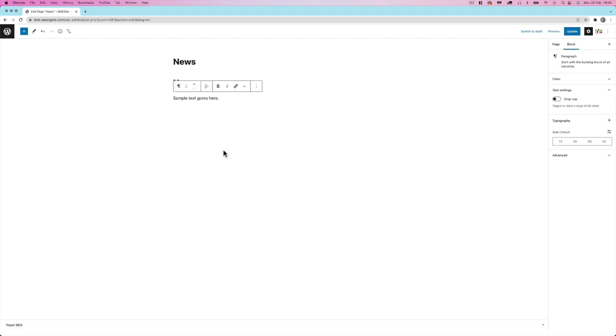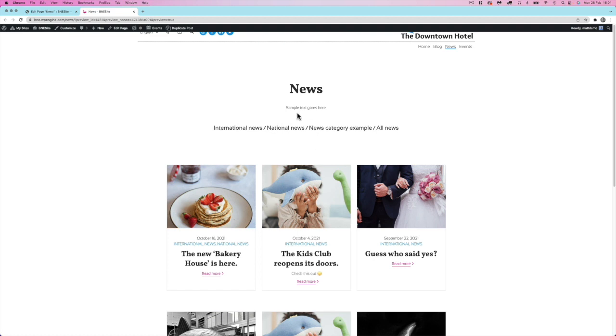And if you wanted to do something similar to the home page and add a hero block, you could do that. But we're going to keep it very simple here. Bit of sample text. Now to add the actual posts for both news and the blog, we can go either to our shortcut menu here,